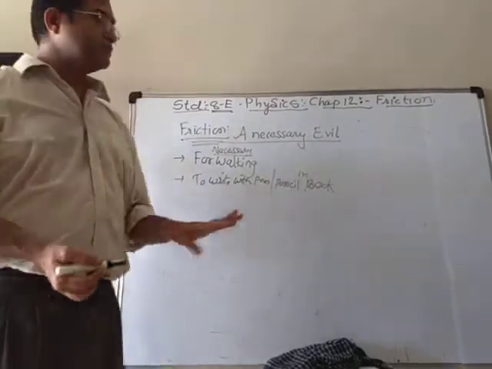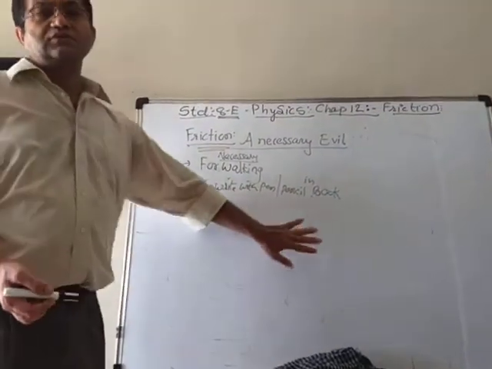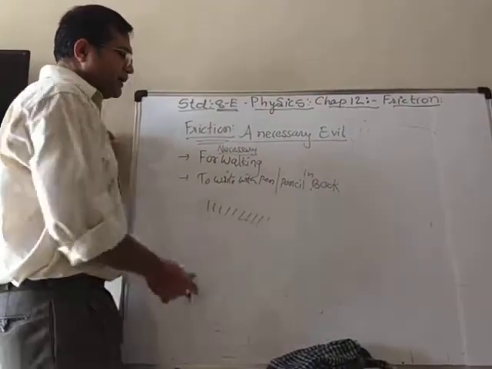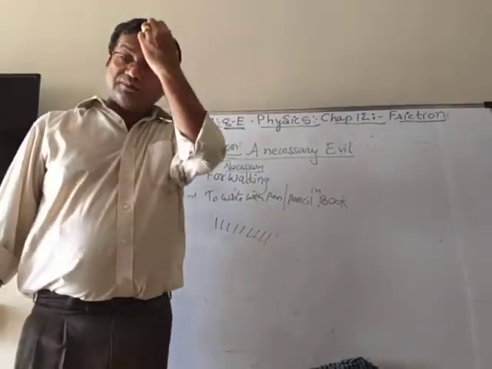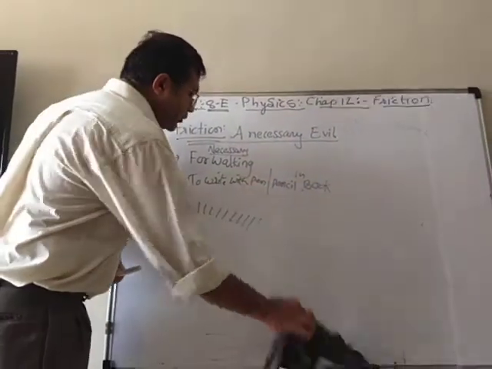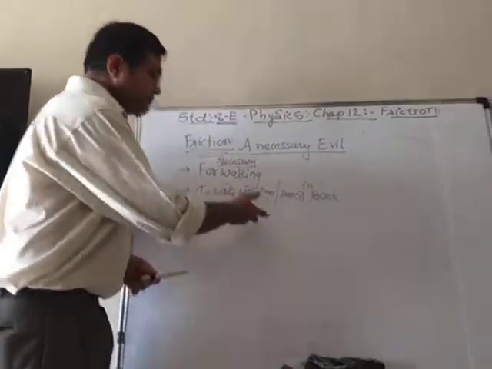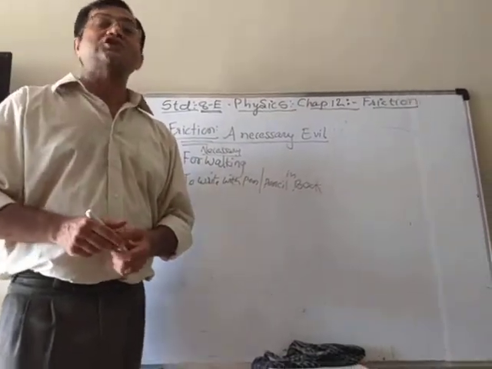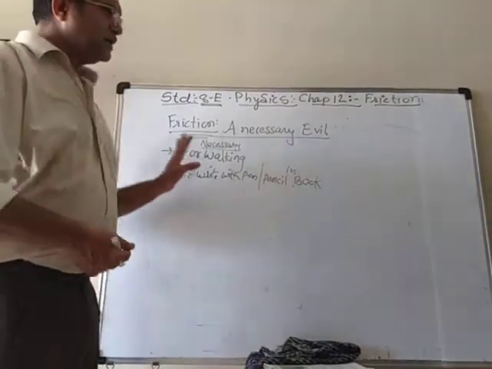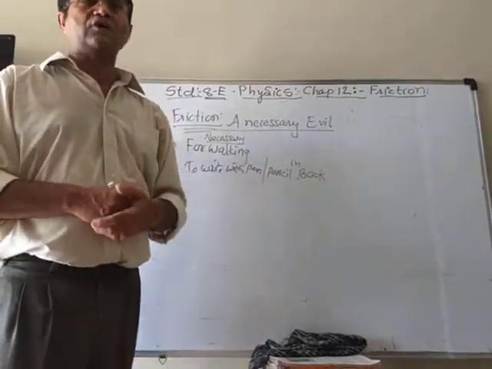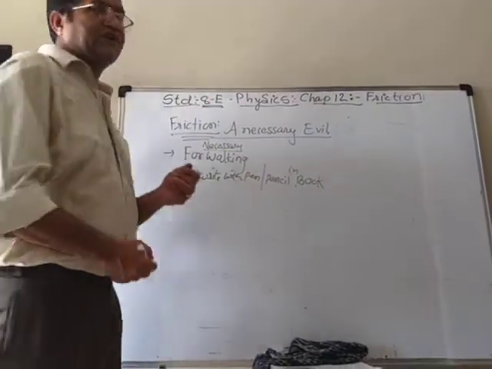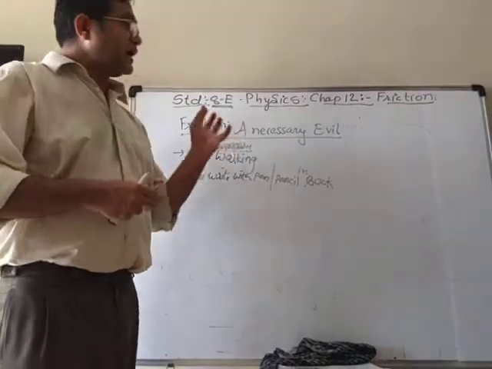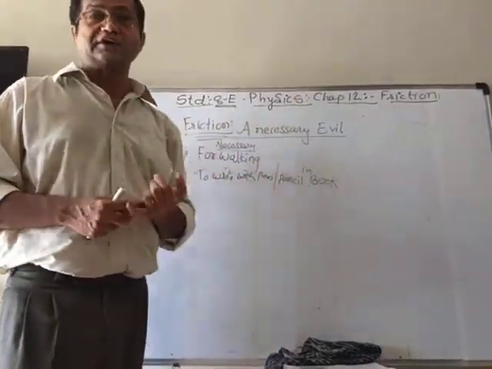Similarly, with the marker also, these surfaces have little ups and downs, and in those ups and downs the ink particles stick, and therefore we are able to write on the board. In some places there are blackboards, on which we write with chalk sticks. In that also it is the same thing. If you keep a very smooth surface, you won't be able to write. But when they write with chalk on the rough surface, in that irregularity the particles of the chalk stick there, and therefore we can write on it.